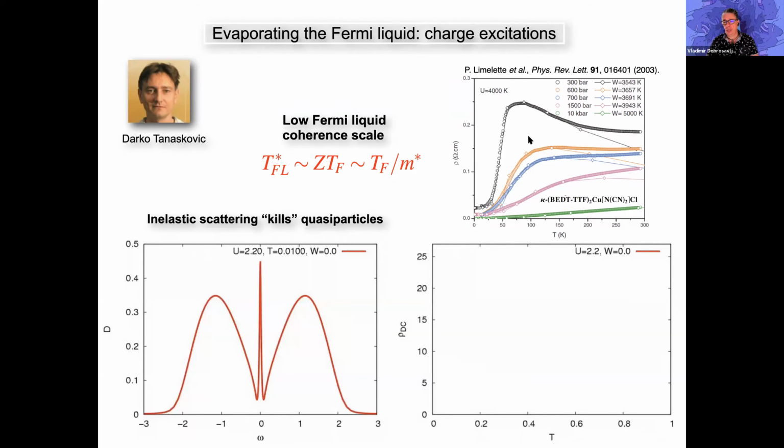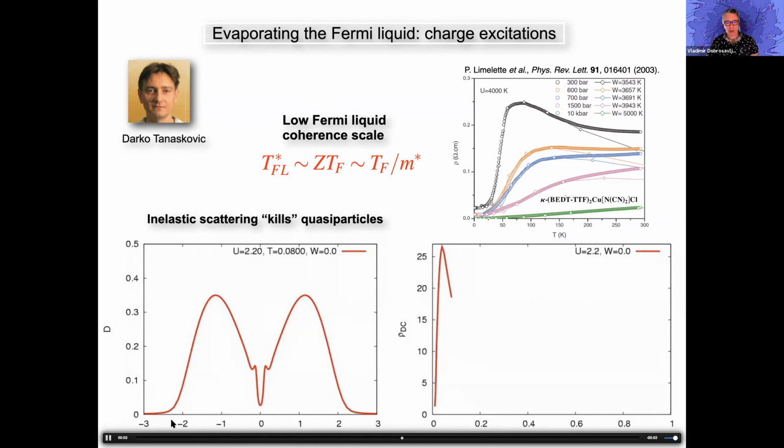And as you go towards the insulator, you can see how the resistivity goes up in a T-square Fermi liquid fashion, but then reaches this maximum and then drops. And as it turns out, this resistivity maximum has been observed, but not completely understood at the time. To see what happens when you raise temperature in DMFT, let me actually show you this movie that my former student and current collaborator, Darko Tanaskovic, produced.